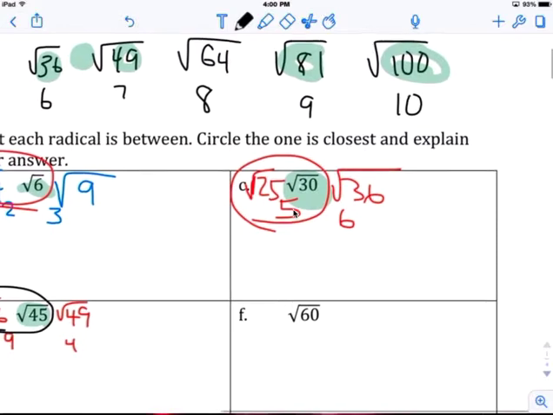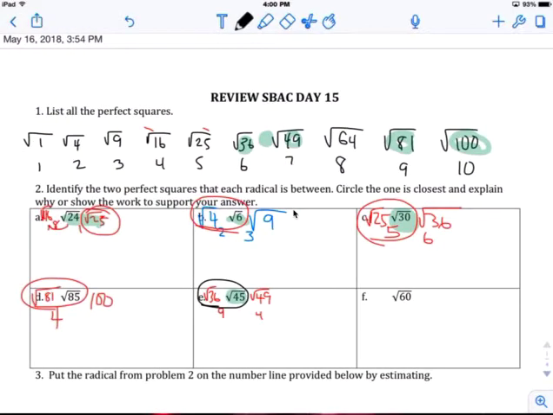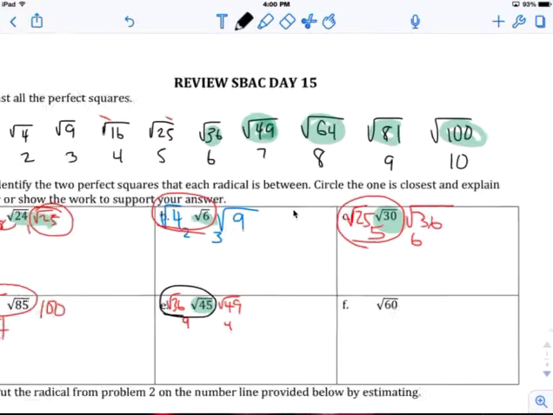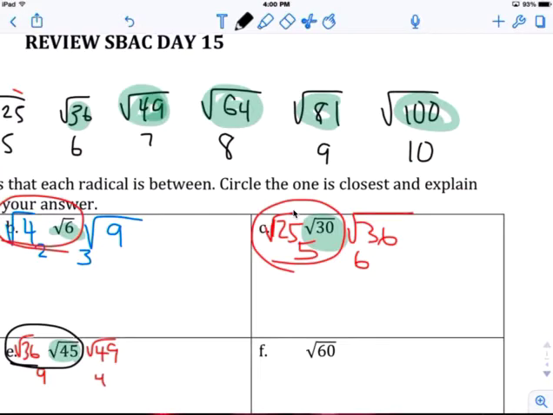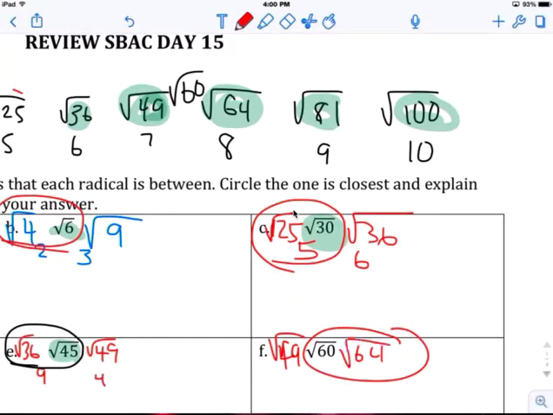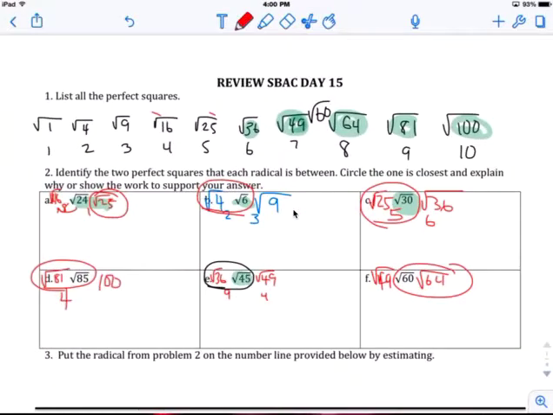Square root of 60. Okay, square root of 60 is between 49 and 64. So square root of 60 is in between, right here. Obviously closer to the square root of 64. Okay. To put it on the number line,